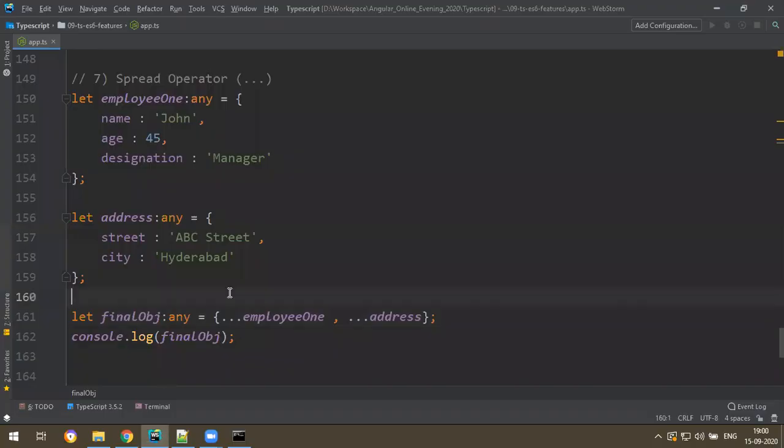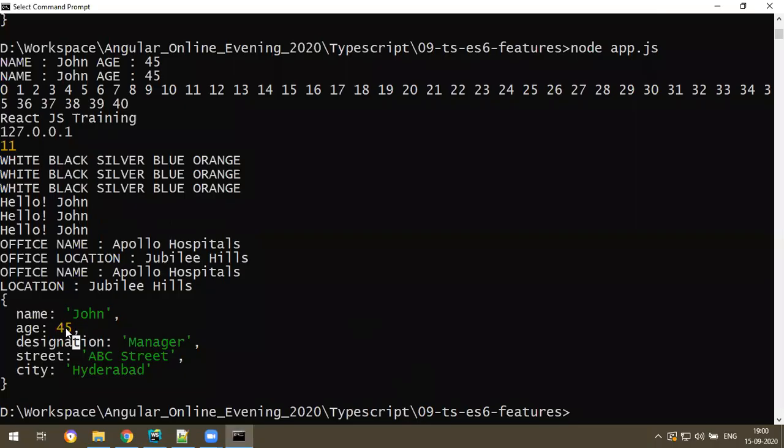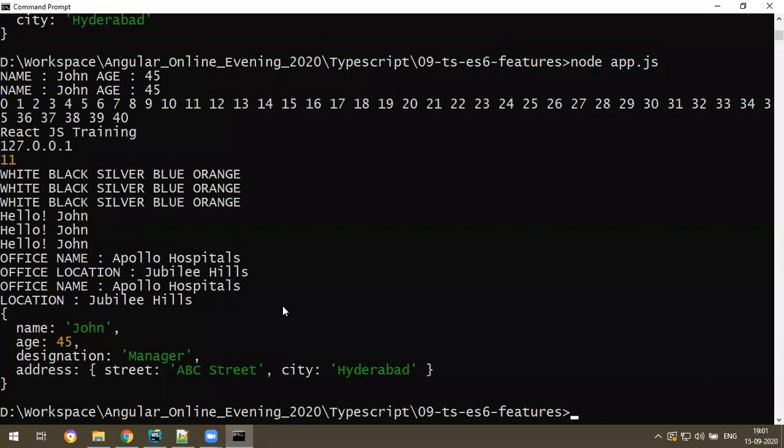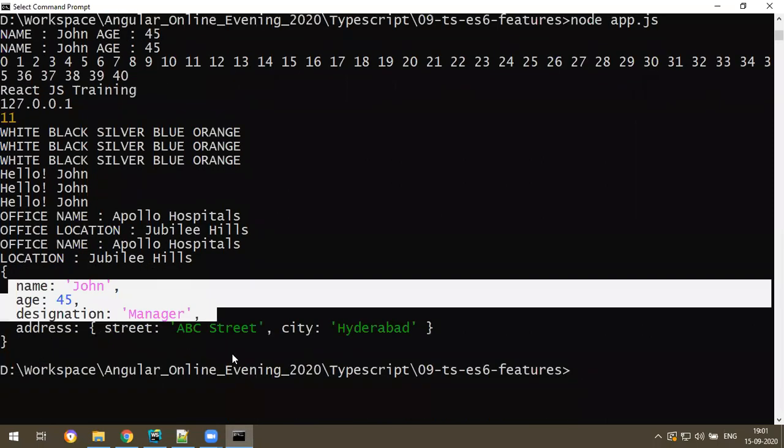So this is called the spread operator. If you want to spread the properties inside of that object, you can do it. But this does not look good because street and city do not belong to this object, so you can just say only address. I only spread the properties of this guy, and this object as it is I want to keep there. If you do like that and run the program, you get it like this, so you can spread all the properties there. Okay, fine.